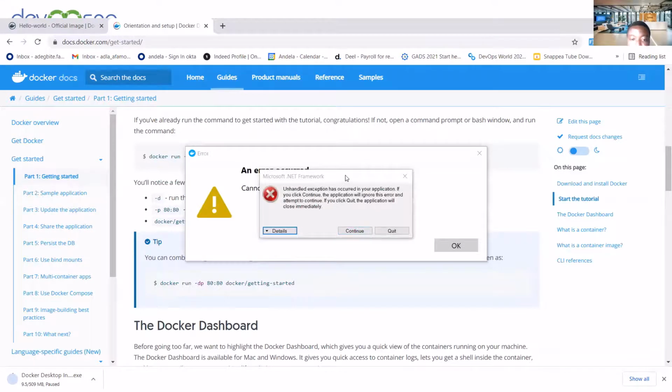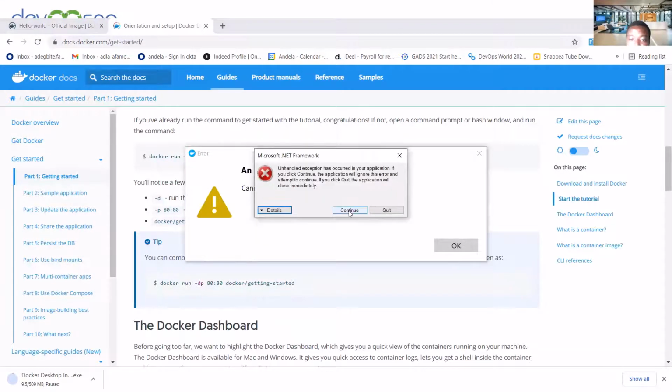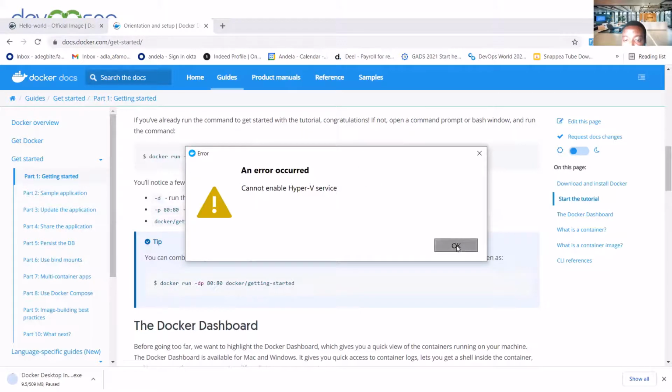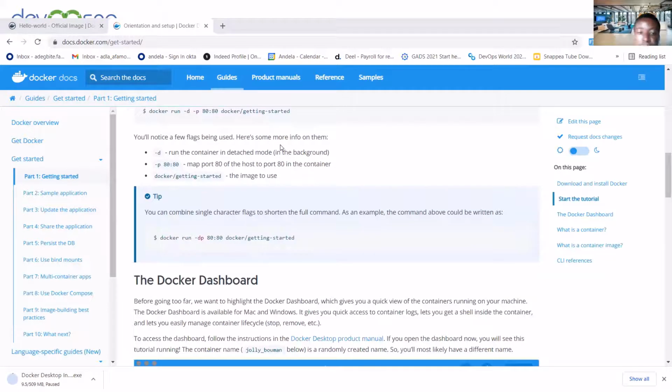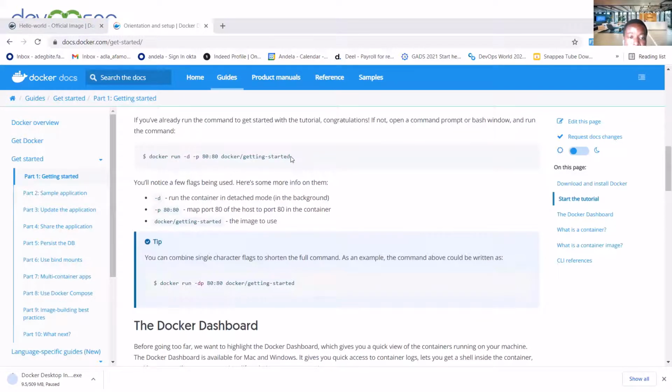I think this is the problem I'm really having at the moment. So let's try and install this on our system. And if you're having any error or challenges, then you can reach out to me. I think most of the major challenges you might be facing, like the one I'm facing now, the only issue I'm having is that I don't want to update my Windows to the latest